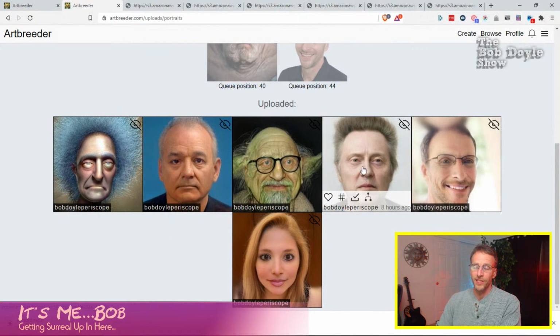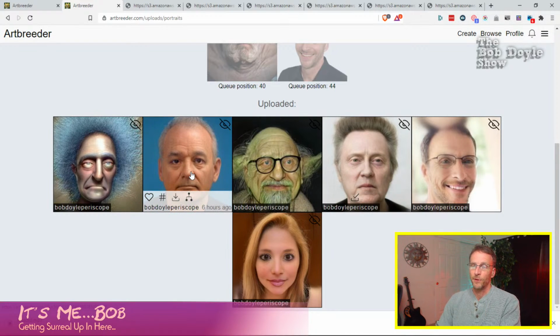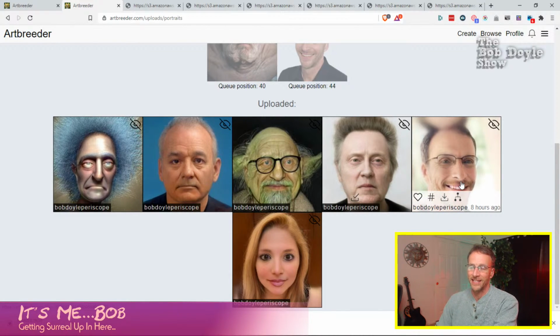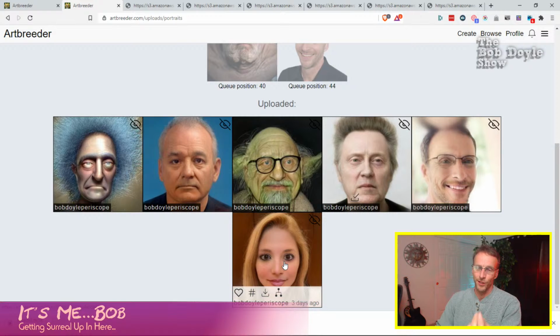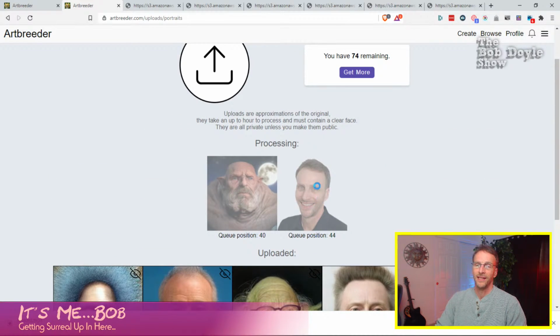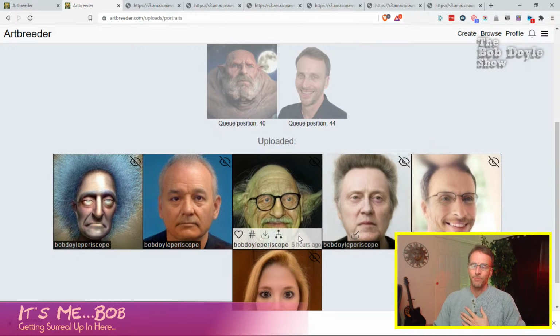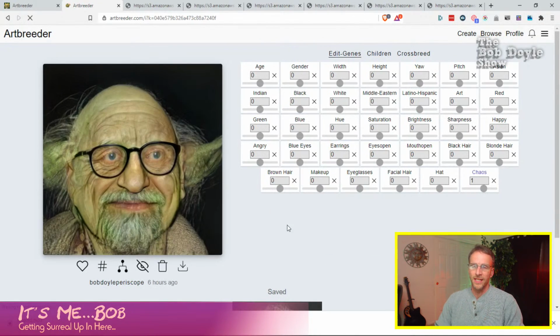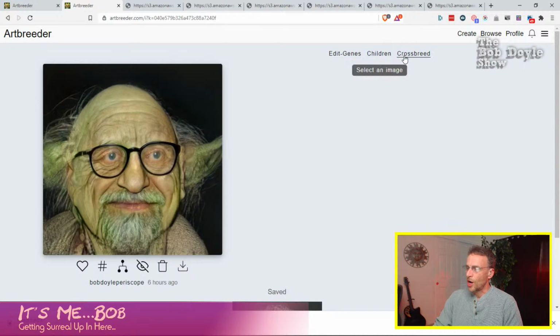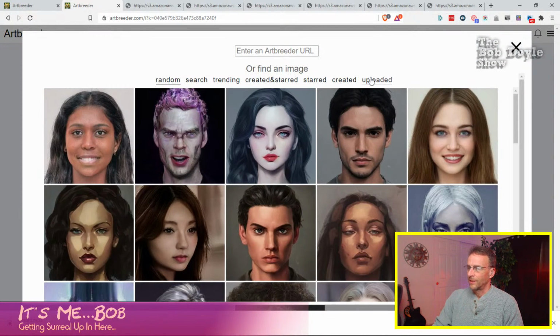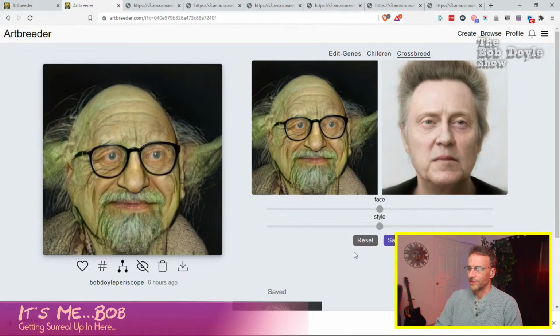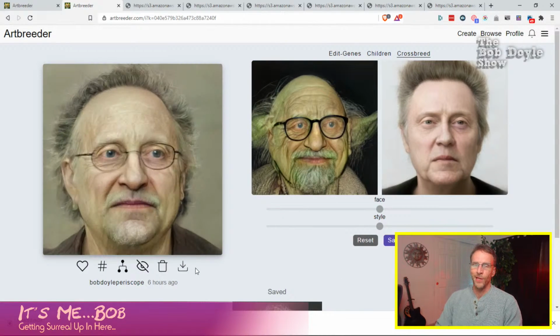So, that's clearly Christopher Walken, but it's not the exact picture I uploaded. They've done something to it. Same with the Bill Murray picture, and that's close to me, but it's not exactly it. And that's close to Tracy, but not exactly Tracy. There's another headshot. So we'll see what it ends up with. But again, when you think about how it uses this data, we start with this picture here, and then I can crossbreed that picture with one of the other ones I uploaded, like the Christopher Walken one, and then boom, right in the middle.